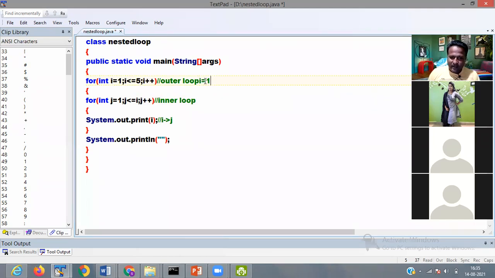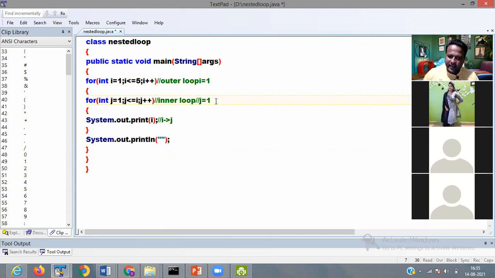Then when the condition is true, it comes to the inner loop. In the inner loop, j value is 1. So 1 is less than 1? No. 1 is equal to 1?